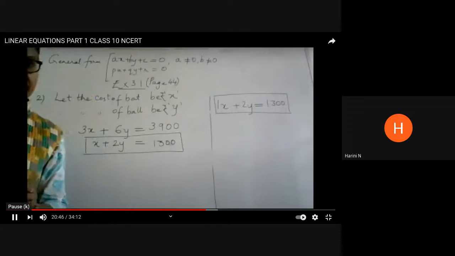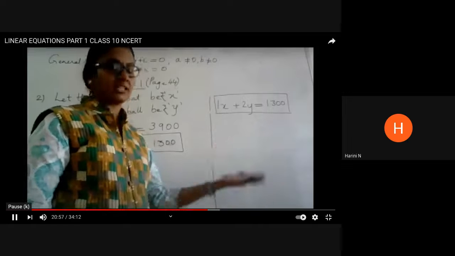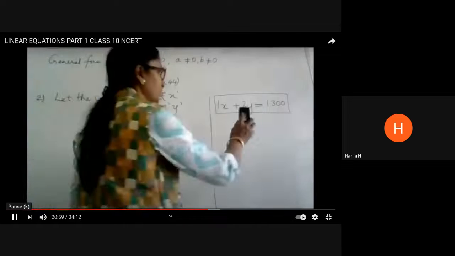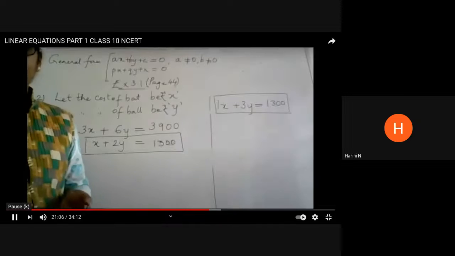Is somebody wanting to speak? Yes, tell me. Ma'am, it is 3 balls. Yes, ma'am. She buys 1 bat and 2 more balls. Ma'am, 3 balls. My textbook is saying 2 balls. I don't know why there is a change. Okay, if it is 3 in your textbook, we will take it as 3. All your textbook is saying 3? Yes, ma'am. Okay, never mind. Fine. All right.